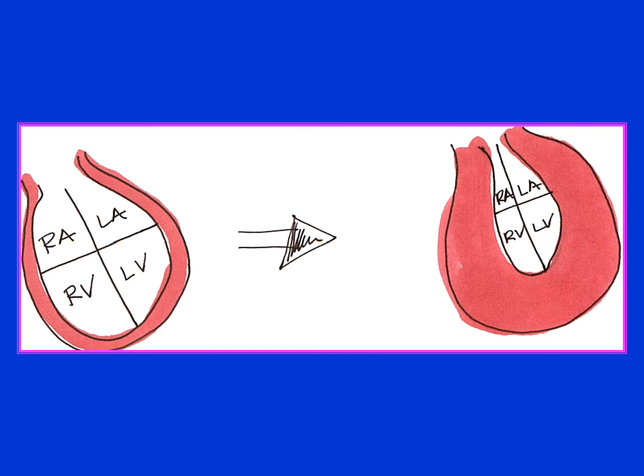Now what happens is that as the pericardium fills up with fluid, there becomes more pressure there than in the right side of the heart. The right side of the heart collapses first because it's the low pressure side. And indeed, on echocardiogram, this is the pathognomonic finding of tamponade, is right ventricular collapse.